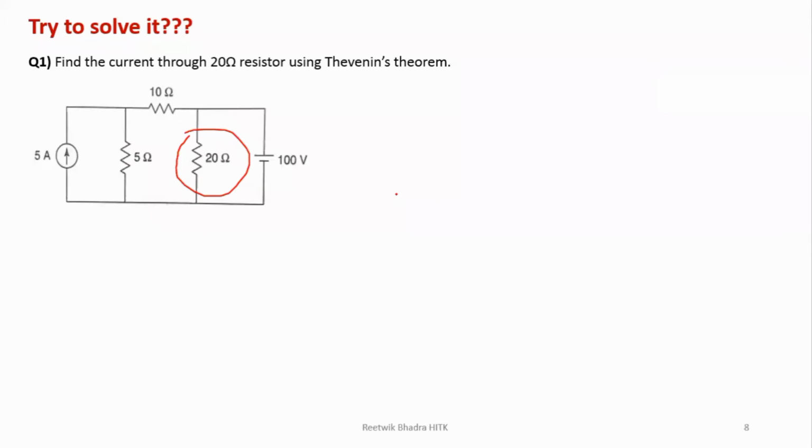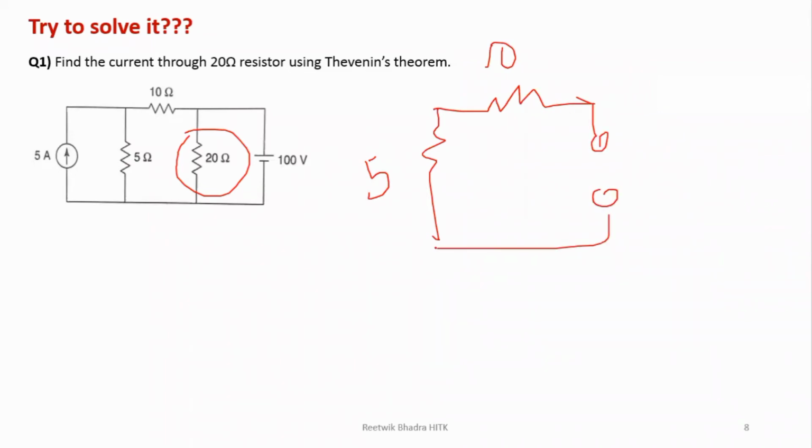Next, anyone else can try? Can anyone else try? 10 by 3. No. Okay, I'm getting it. See, current source open circuit, I'll draw it, 5 ohm. I'm not writing units, okay. This is 10. This is 10. This is my point over here. Now be careful over here. Over here we are finding RTH. Correct for you, those who have told 15, but you have not considered one thing.